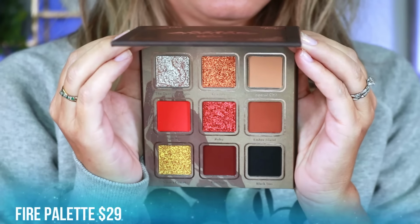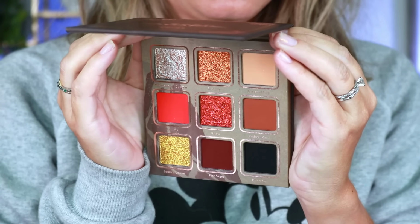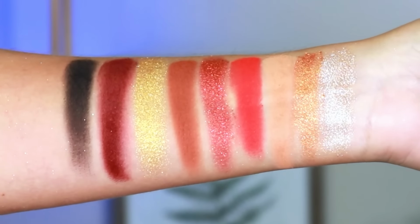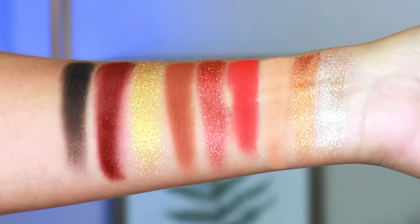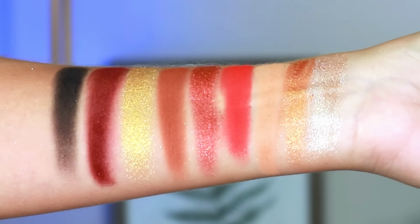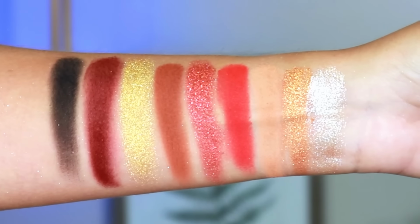Next, we do have the fire palette right here. Now this is a really beautiful palette. You guys know that I'm generally not a big fan of red palettes, but this one really was gorgeous. I feel like the only thing they missed was a blue shade for Azula, because she is so unbelievably angry that her fire bending is actually blue. She's able to do blue fire because of how disturbed her character is. I feel like that's the only thing missing from this palette, but other than that, I think it's a really